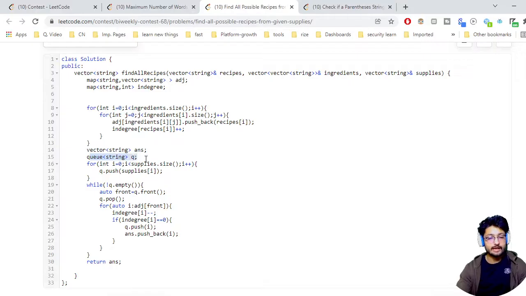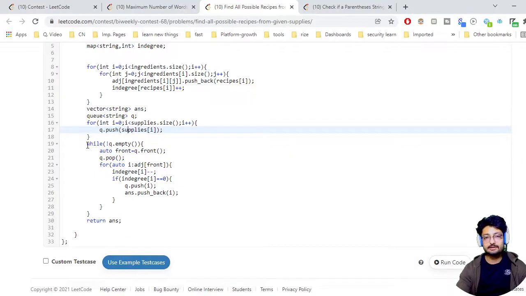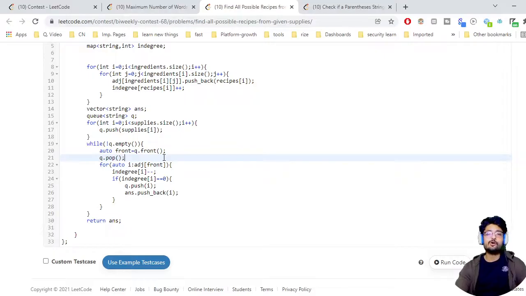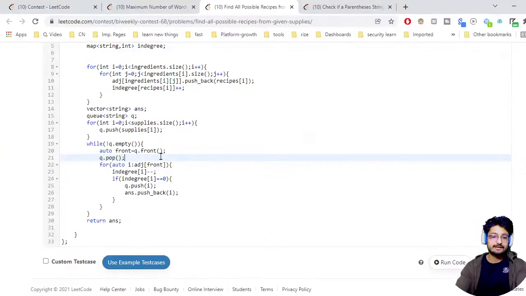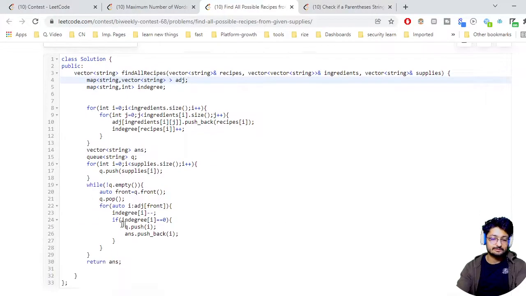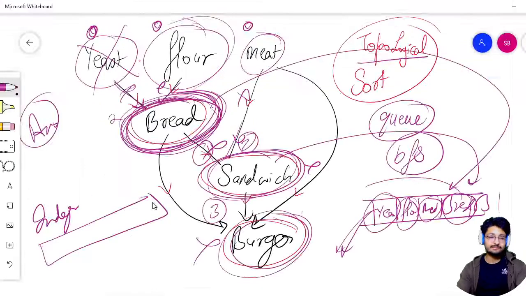This is the queue in which we'll insert our supplies. So we will push all the supplies in this queue. I'll run a while loop till there is some supply left. I will pop out the first supply, iterate over all the edges connected to that supply, stored here in this adjacency matrix. And then I will subtract 1 for all the elements connected to that supply, because